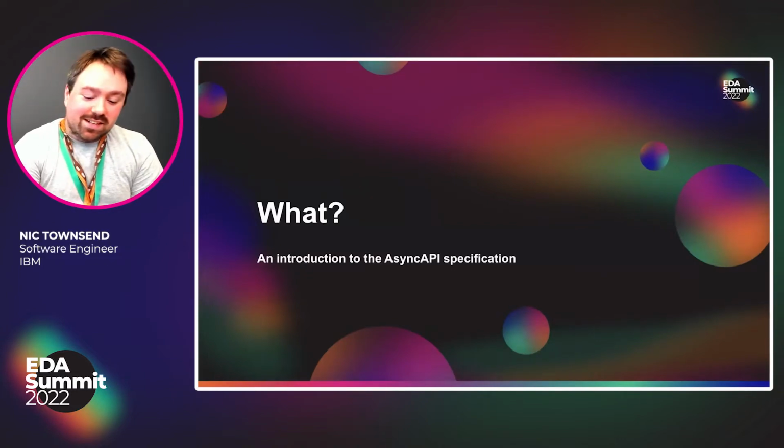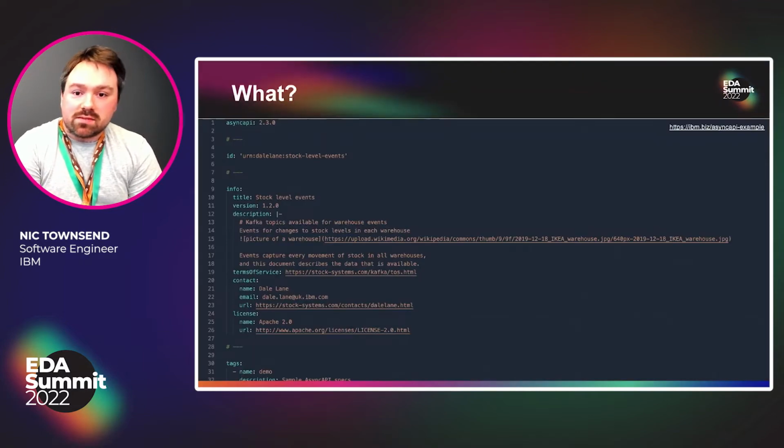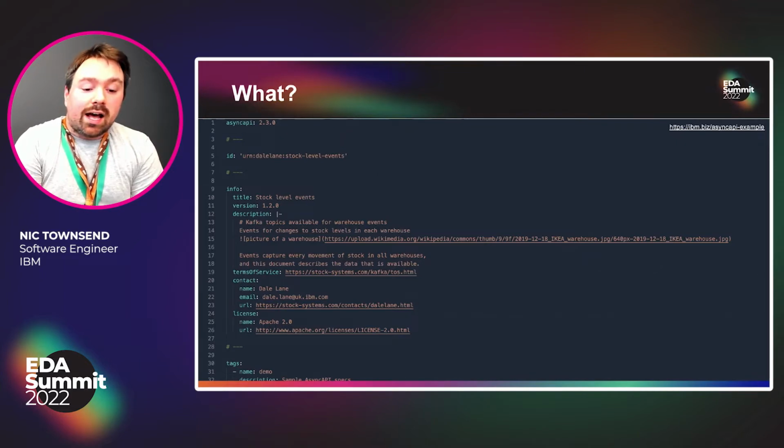Wonderful, thanks, Dale. So as Dale mentioned, we have a Kafka background. AsyncAPI has become on our radar for ways to try to articulate and describe these available Kafka event sources. But AsyncAPI in itself is a specification typically expressed via YAML or JSON. And for those of you familiar with OpenAPI, we'll start to instantly spot similarities. This is a document format designed to be both human and machine readable that will help answer the questions that